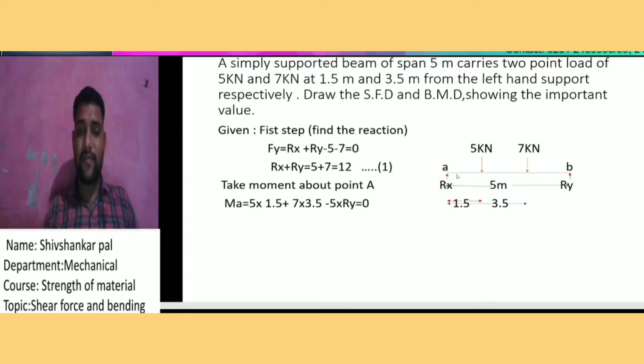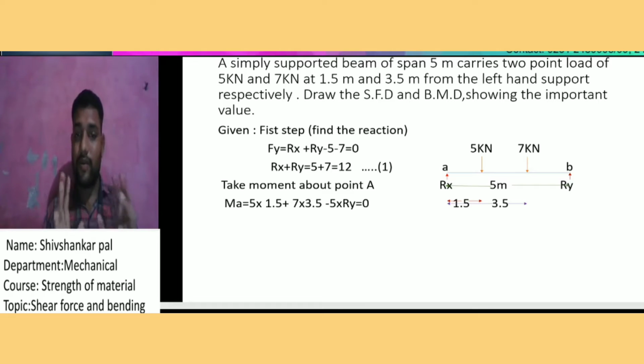As you can see in the figure, we do not apply any force in the x direction, so the sum of forces in the x direction is 0. For the sum of forces in the y direction, our convention is that a force applied in the upward direction is taken as positive, and a force applied on the beam in the downward direction is taken as negative. Two considerations are made here: when a force is upward, it is positive, and when it goes downward, it is negative.